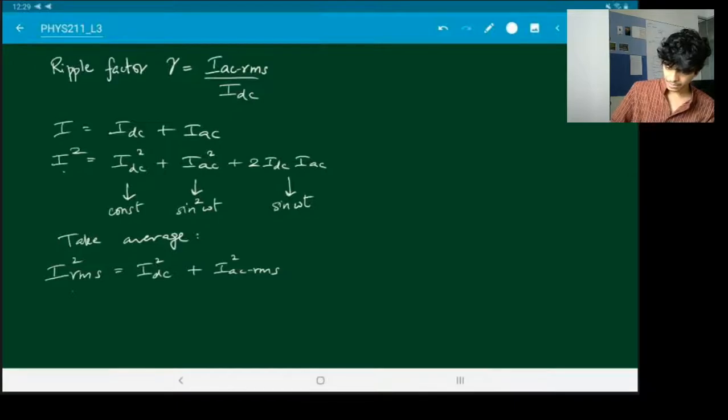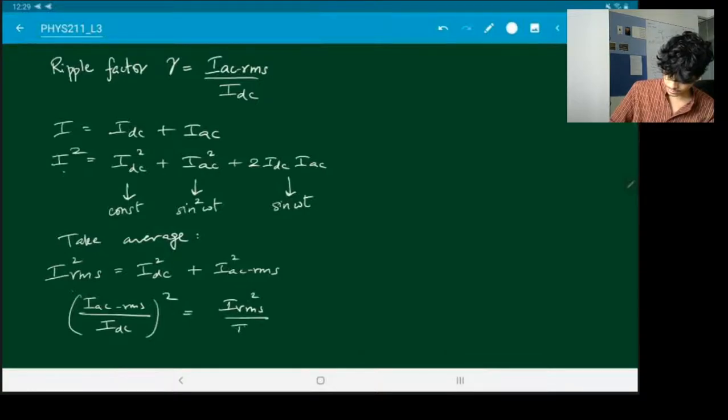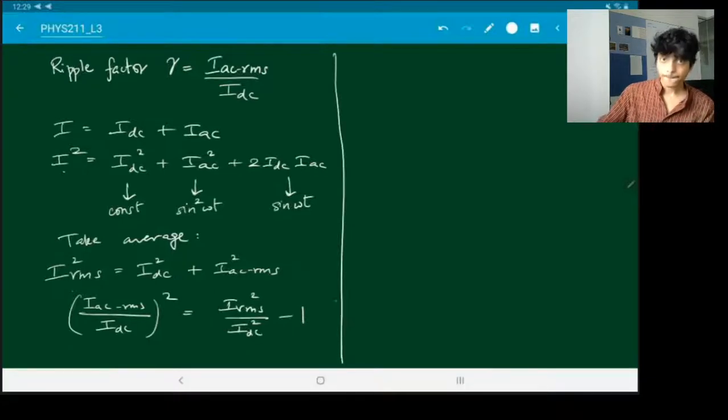So from this you see IAC RMS divided by IDC, the whole square, is I RMS square over IDC square minus 1, or gamma is square root